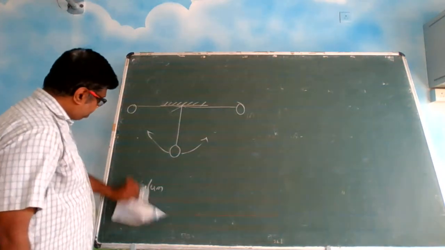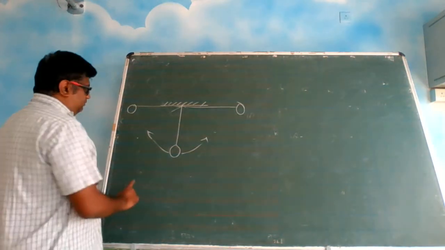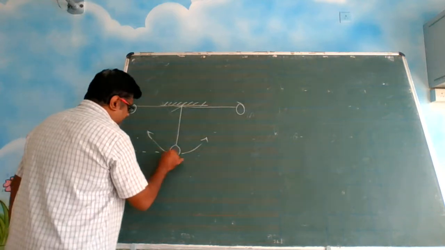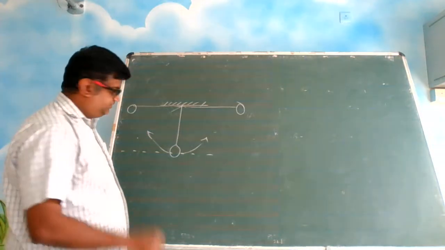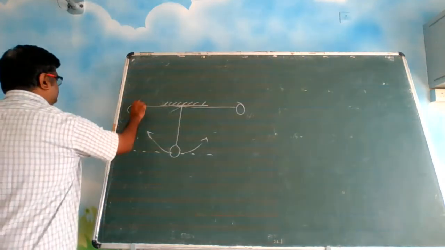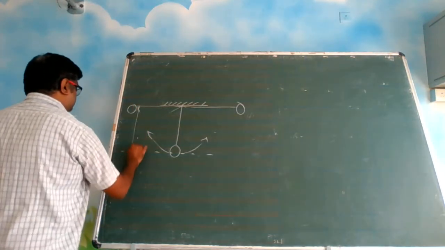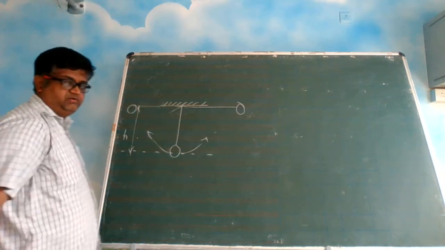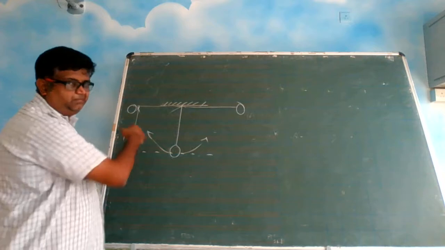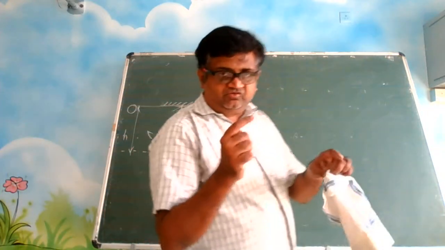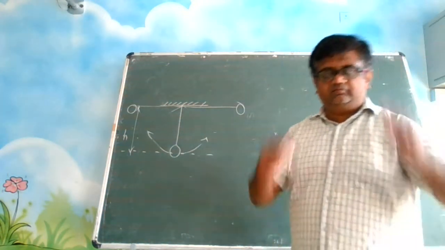Now, you can take anything as a reference. You can take this bob center as the reference. What is happening? Let us say this height is h. Alright? At this location, the ball has gone to the maximum position. It will stop for a while and it will fall back.